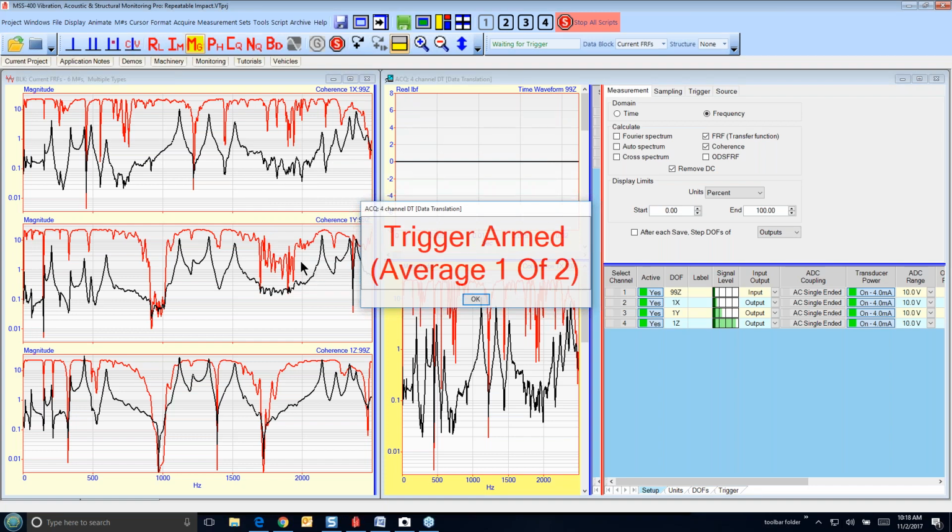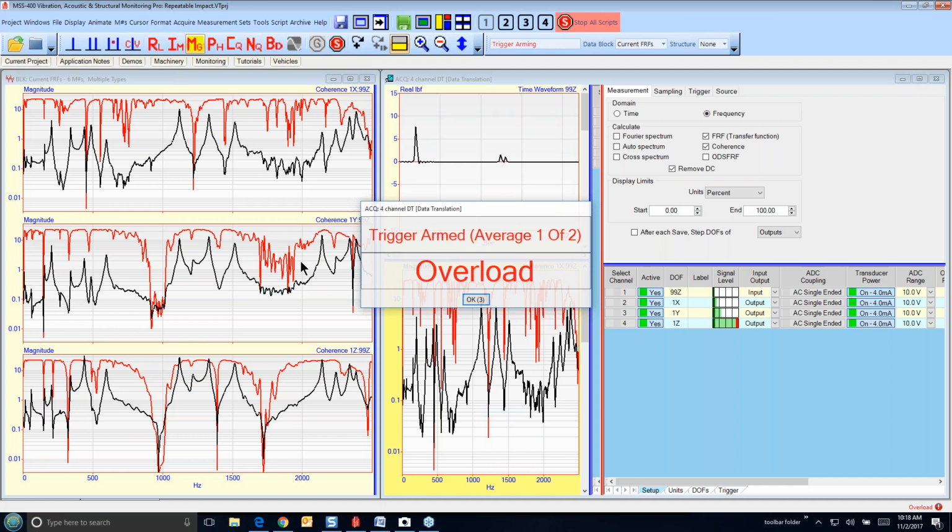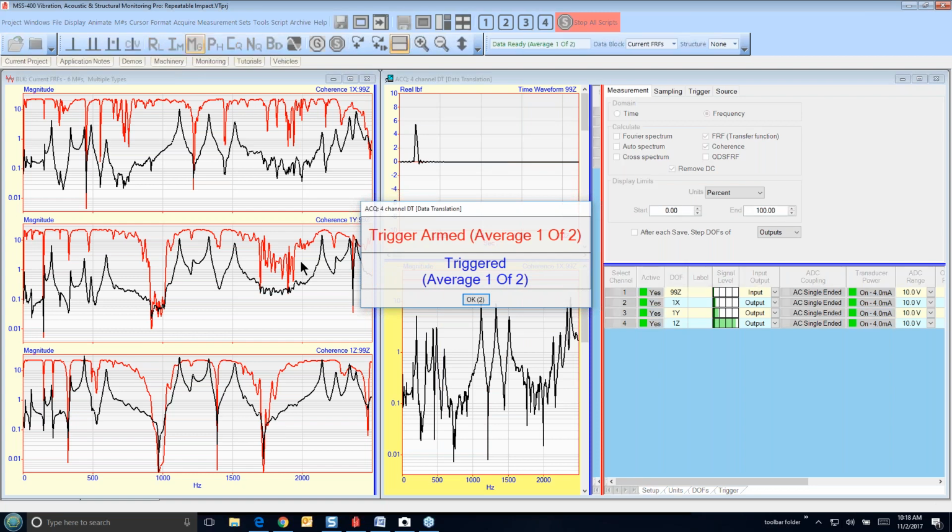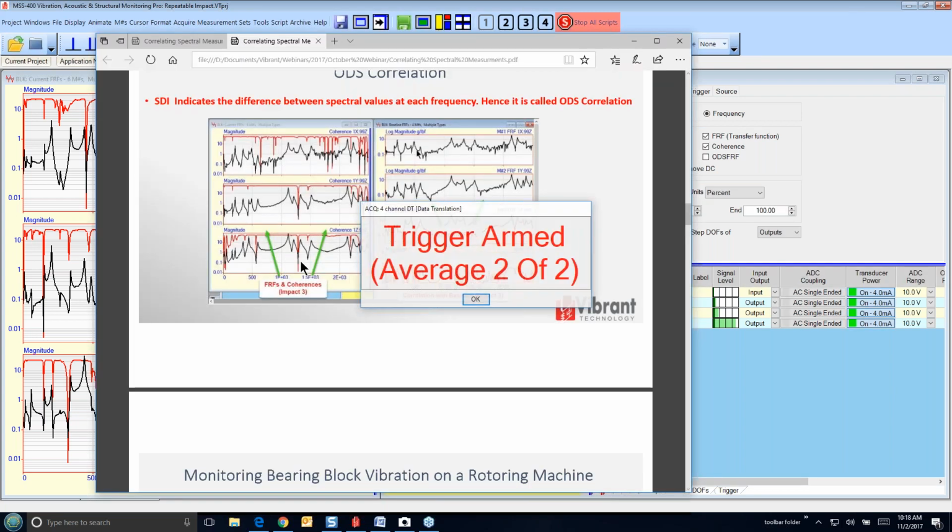The coherence of a single average is always 1. This is a measure of collinearity, so we've got to take some extra data here. Oh, I hit it too hard, so let me hit it a little more gently. There, I got a good measurement, and I'm going to hit it again.